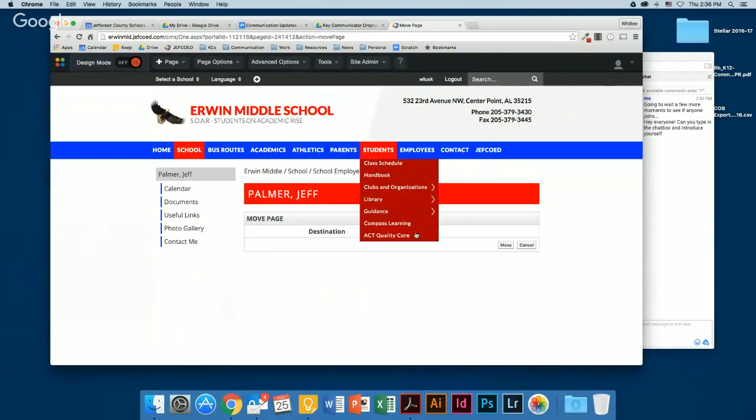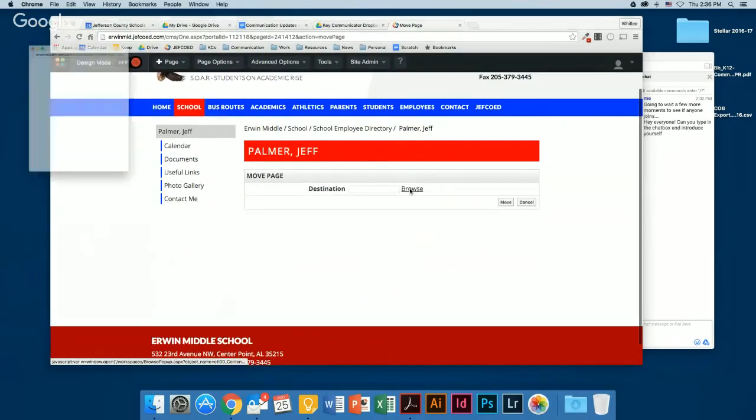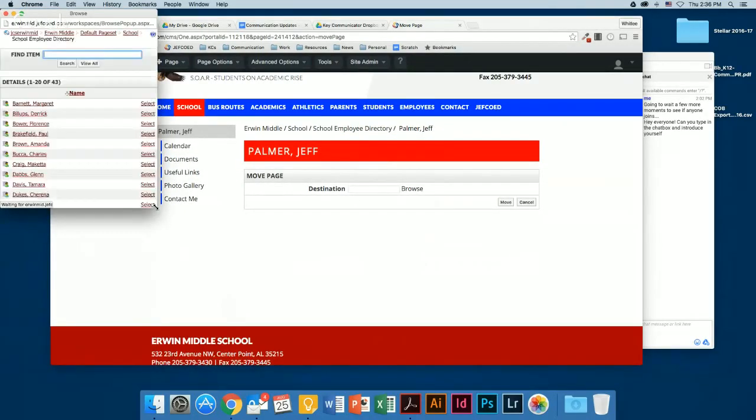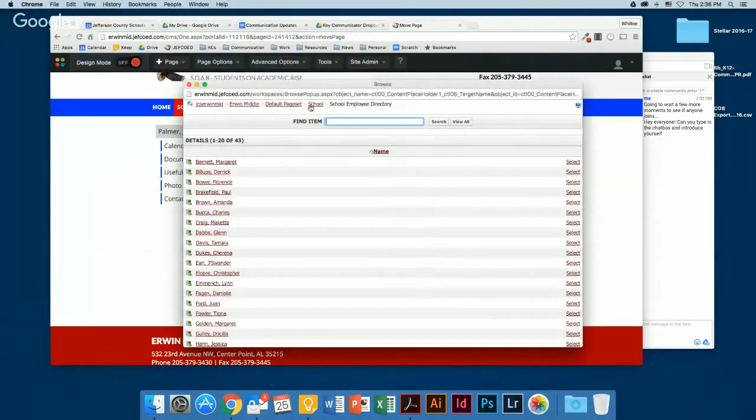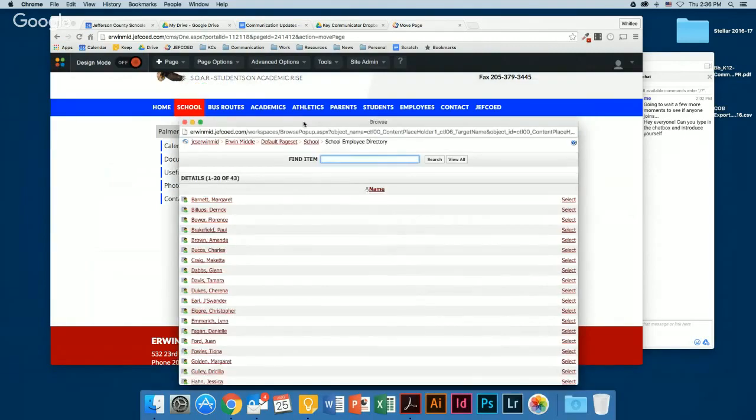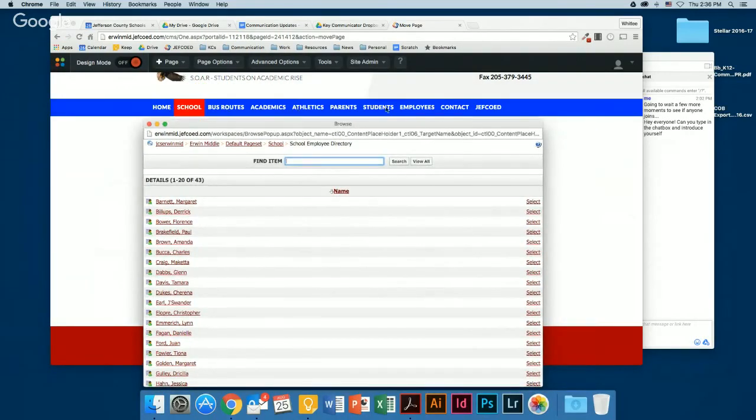You click Browse, and let me explain this. This right here is a breadcrumb as well. You basically don't ever want to go past default page set. This default page set is everything that's underneath or on your navigation bar.